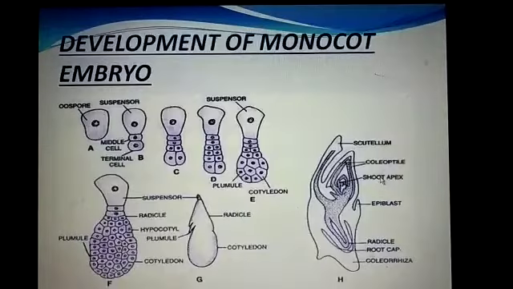And after that, coleoptile. Coleoptile is a covering of plumule. Shoot apex, that means plumule, and plumule covering is coleoptile, and radicle covering is coleorhiza, and this is root cap, and the covering of the radicle and root cap is coleorhiza. Okay, scutellum is modified cotyledon because monocot has single cotyledon, so it's modified into scutellum. Then coleoptile is the covering of plumule, shoot apex, radicle, root cap, and the covering of radicle and root cap is coleorhiza.